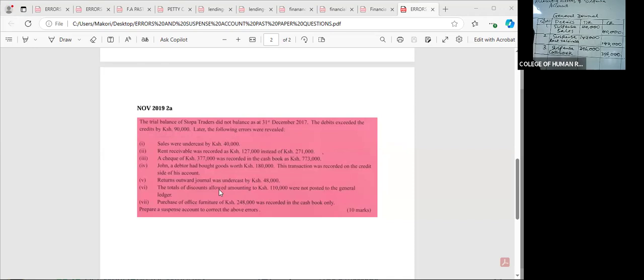Instead of debiting John, we are told that this transaction was recorded on the credit side of John's account. That is the issue we were talking about, doubling the amount. The entry was recorded in John's account, but instead of debiting, we credited. The account is correct. It is only that the amount is on the credit instead of being on the debit. Now we need to double that, to cancel and to record. We cancel the amount that is on the credit,